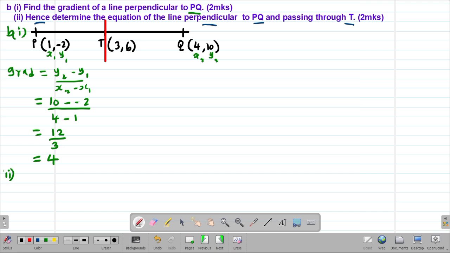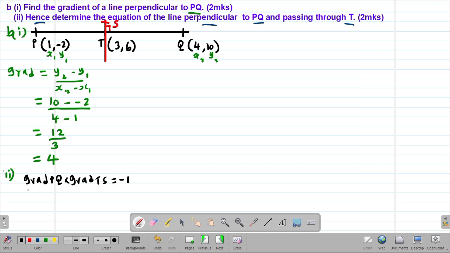So of course we know that for any two given perpendicular lines, the product of their gradients should actually be -1. So if I let this coordinate be S, it means that the line PQ and the line TS will be perpendicular to each other. Therefore I'll say that the gradient of the line PQ multiplied by the gradient of the line TS should give me -1, since the two